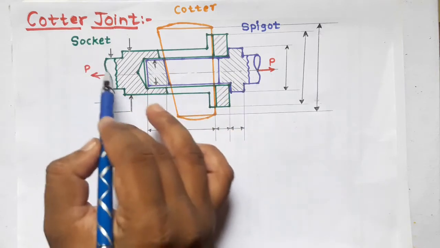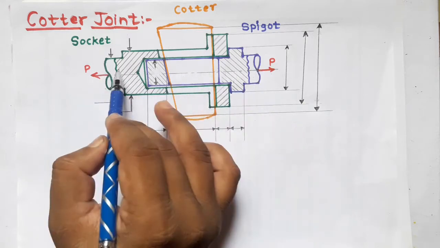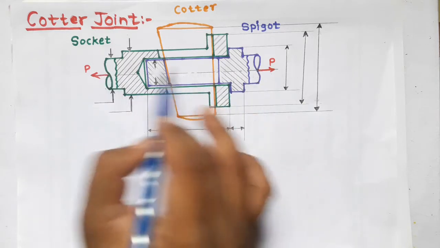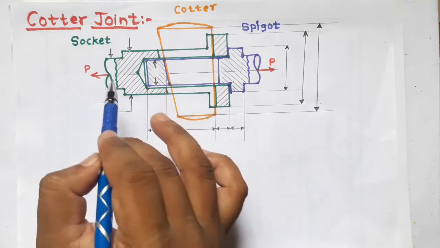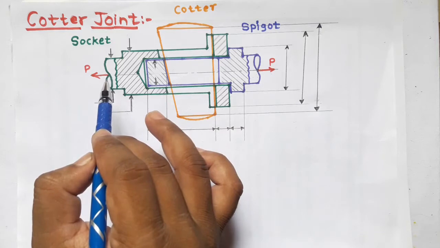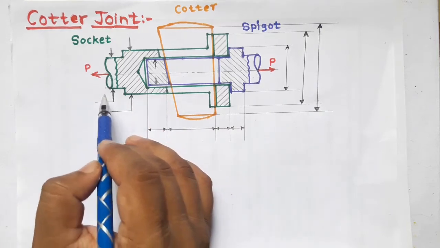This is a left side rod, this is a right side rod. Both the rods are coaxial, and such two rods which are coaxial are connected by quarter joint. These rods may be subjected to axial tensile force or compressive force. Now let us talk about the dimensions of these parts of quarter joint.